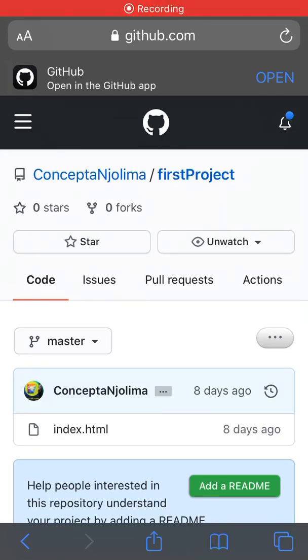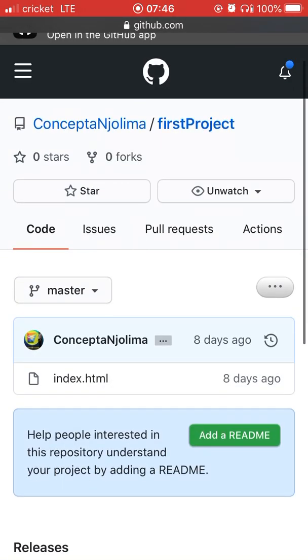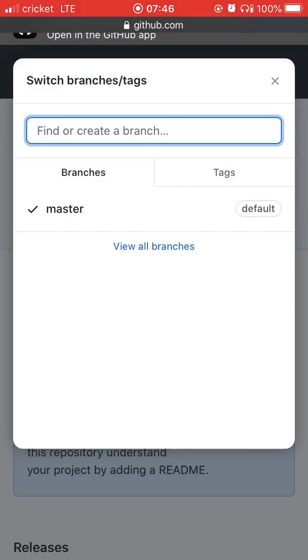Hi, in this video I want to show how to create branches, then create pull requests on GitHub, and then merge the pull requests, or the changes that you've made, into the master branch from the branch that you created. So I'll be using this first project repository that I have on GitHub, and as we can see when I click on the drop down next to master here, there is only one branch, which we are calling the